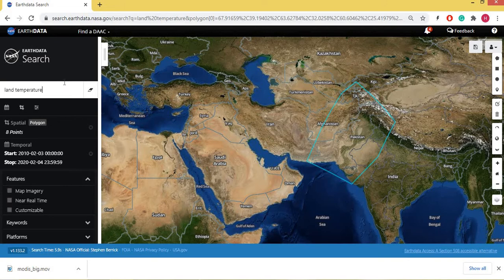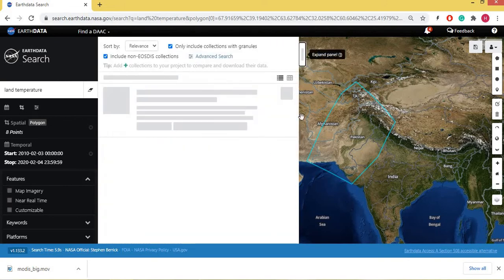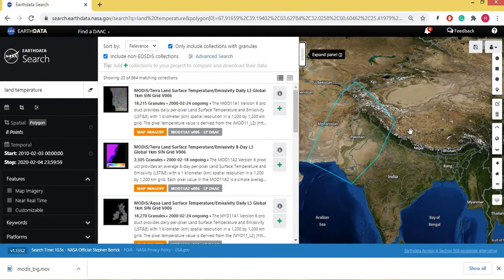And we have to enter here. So now we have the data for only this region, our specific area, and we will click this one.